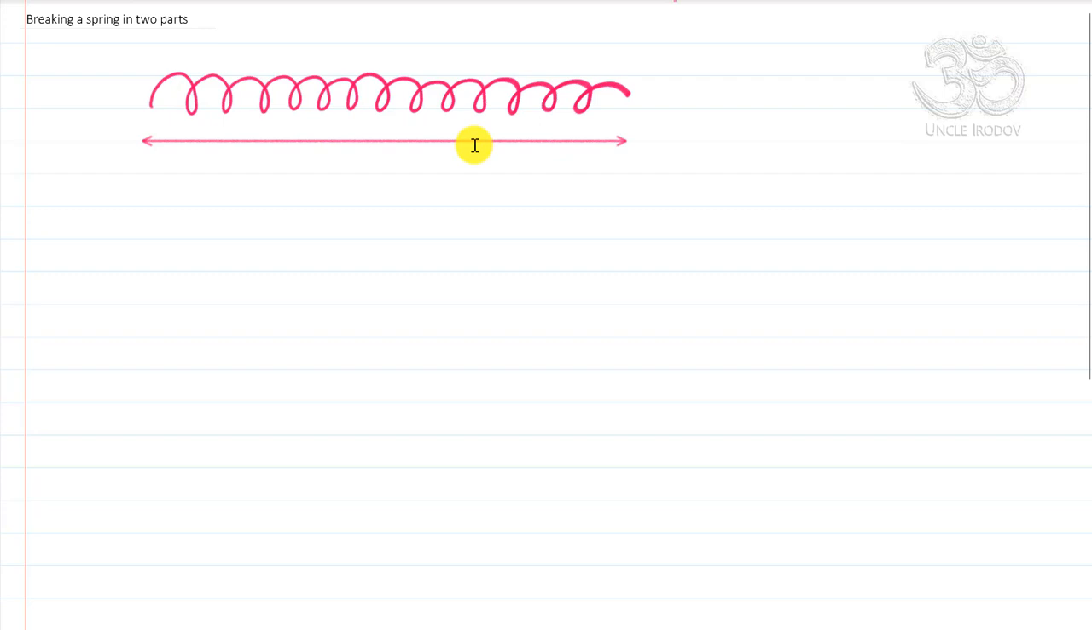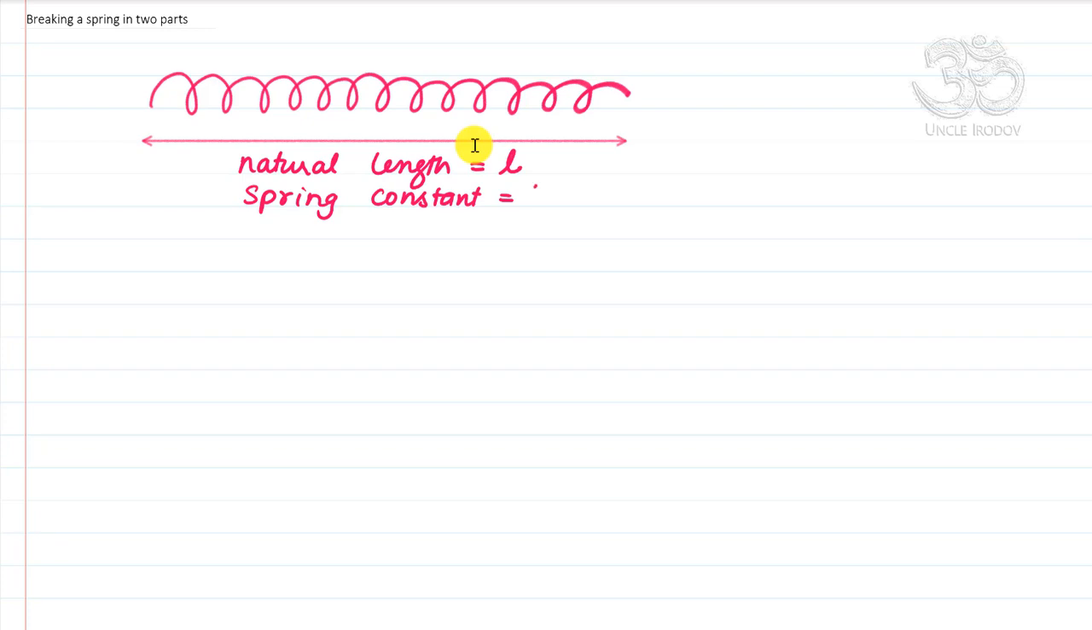You've got a spring and the spring has got a length L. So its natural length is L. And its spring constant is K. And this spring is broken into two parts. Let us say that we have broken it up here somewhere so that the ratio of lengths is given, right? So you know L1 is to L2 ratio, and they want you to find out what are the spring constants of those two parts. So the question is, the spring has been